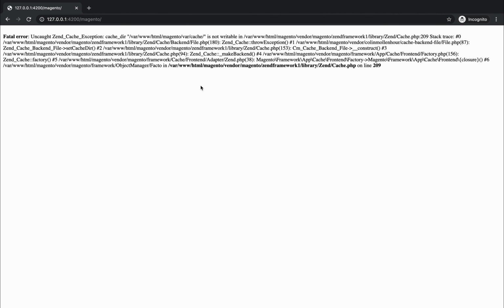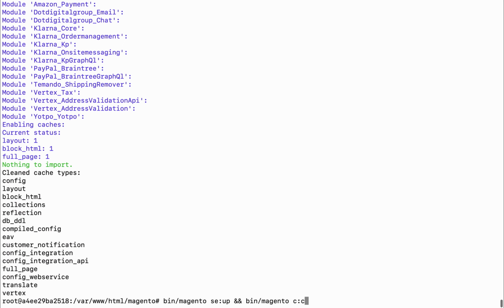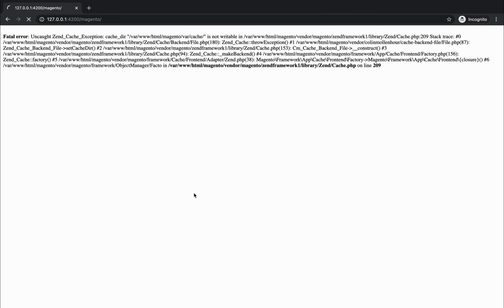So the commands are completed. I will reload the page again and again I see the permission issue, so I will change the permission again and reload it.